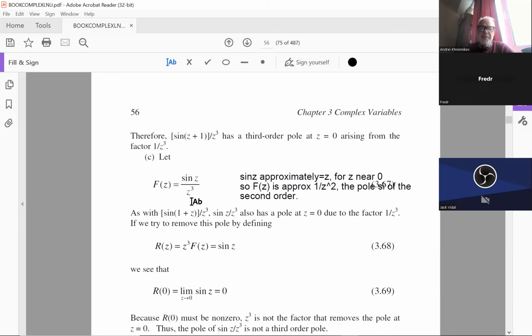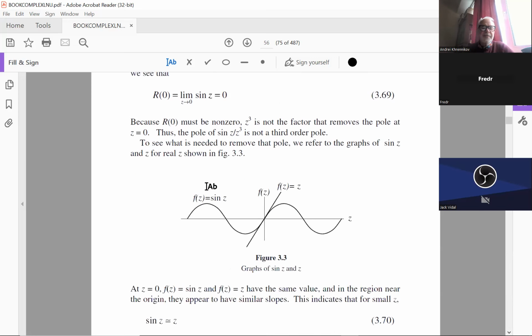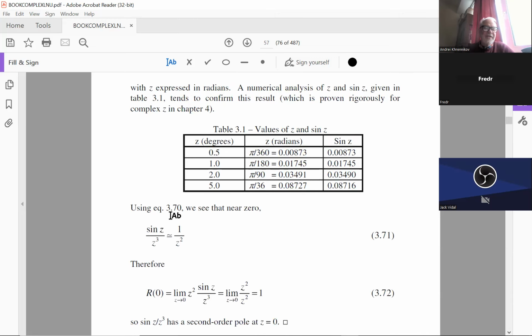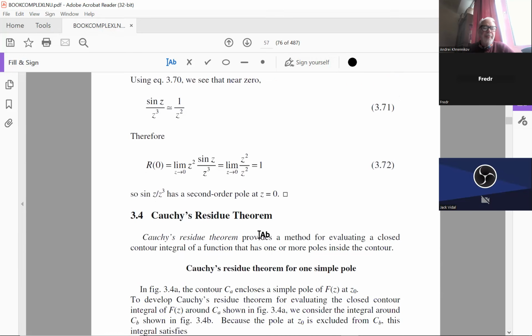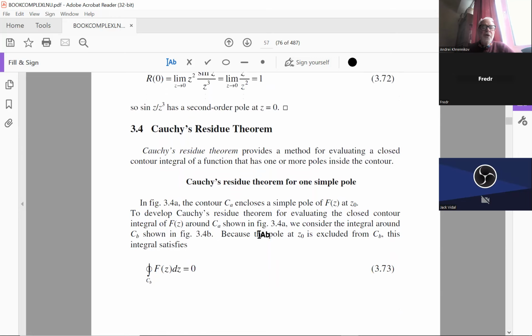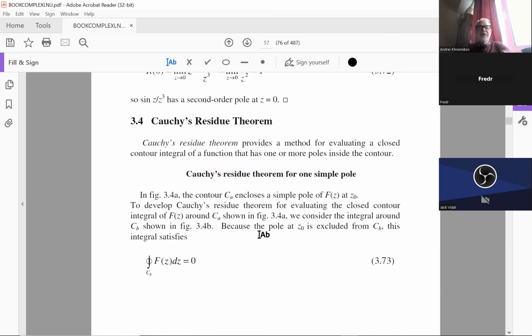So one z disappears. So this function in the neighborhood of 0 is 1 over z square. So our pole is of the second order. Finally, they wrote this near 0, so the pole of the second order. Okay, now we go to one of the main theorems